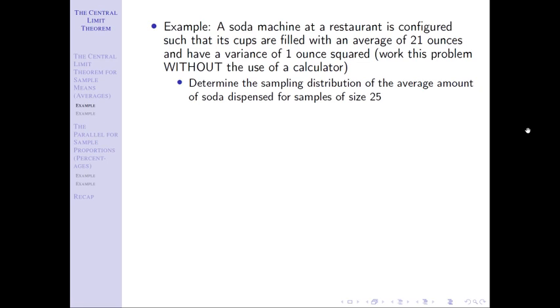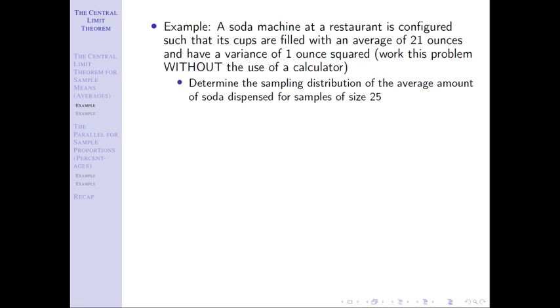Now, notice that this question starts off and says, what's the sampling distribution? You need to understand that all of your problems may not ask for this, but this is a step that needs to be done. You need to write out the sampling distribution for every problem. Why is that? Otherwise, you're probably going to have numbers running around the wrong places. You're probably going to get confused. It's just a good idea off to the side. If it doesn't ask you, go ahead and write out the sampling distribution. Write it out in symbols. It won't take you very long. It'll give you a good handle on the problem and make sure that you're using the right numbers in the right places.